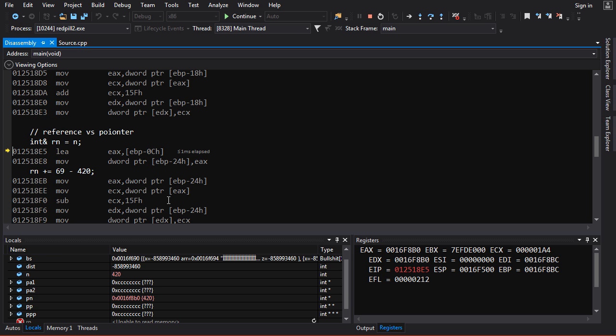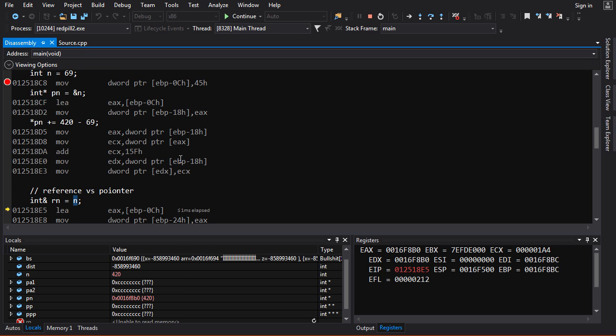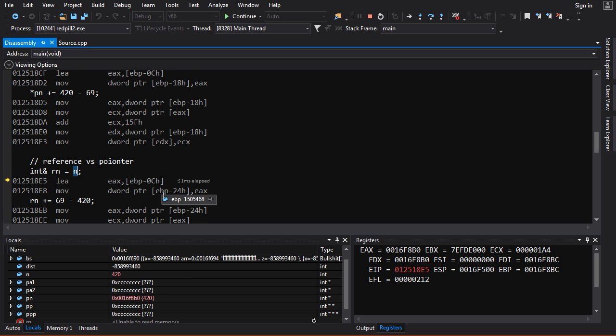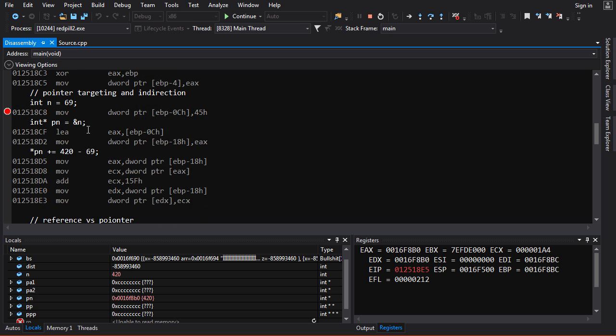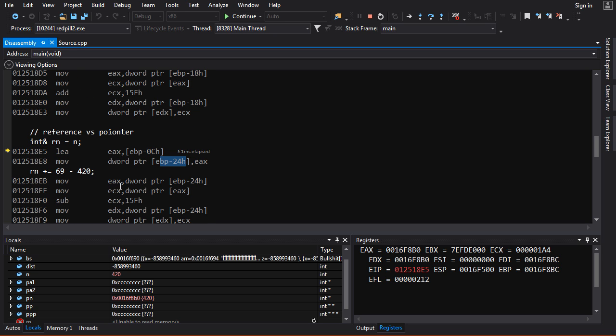Beautiful. Now, one more thing I want to show you is the difference between a reference versus a pointer. So here I'm creating a reference RN, initializing it to N. Again, we load effective address EAX, EBP minus 0C. Exactly the same as initializing a pointer, and then we store that into some place in memory, exactly the same as initializing a pointer. So you can see here, in this case, the compiler is implementing the reference exactly like it's a pointer. It's just a pointer under the hood, only it's got more limitations, it's safer, it's sexier, but